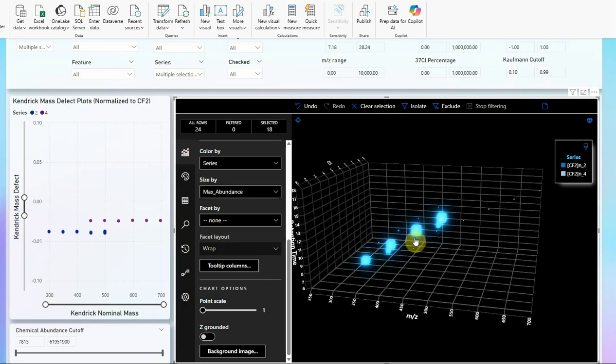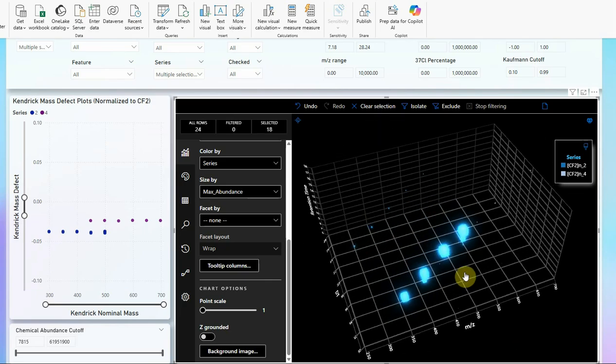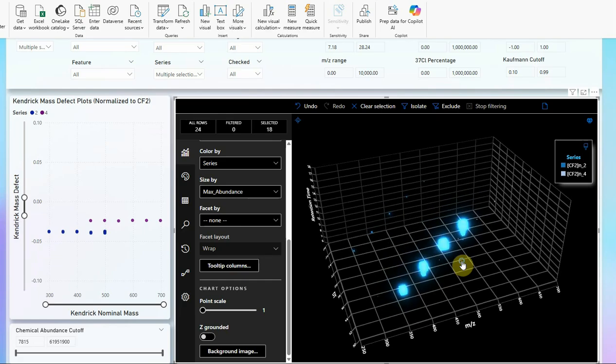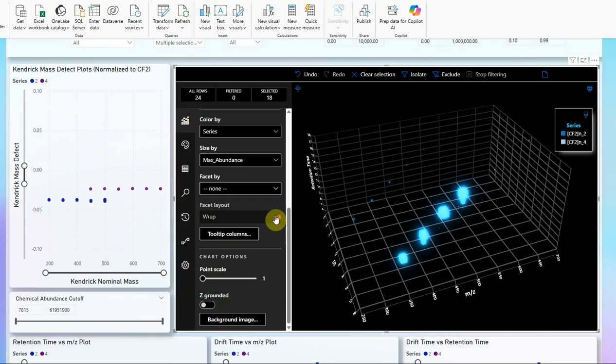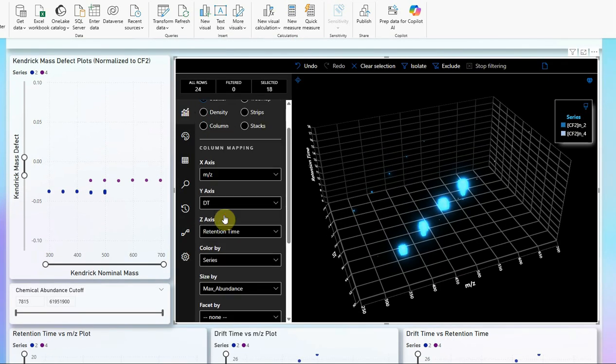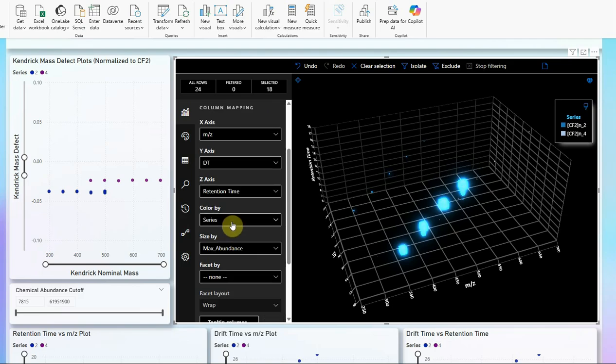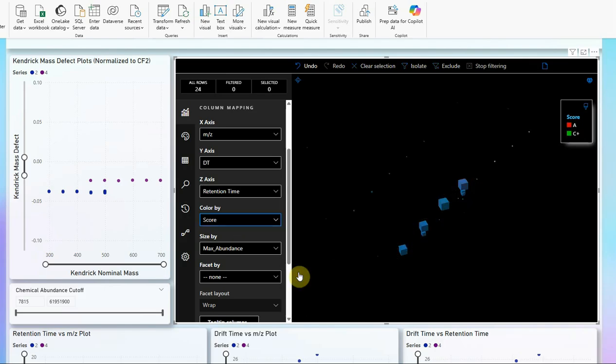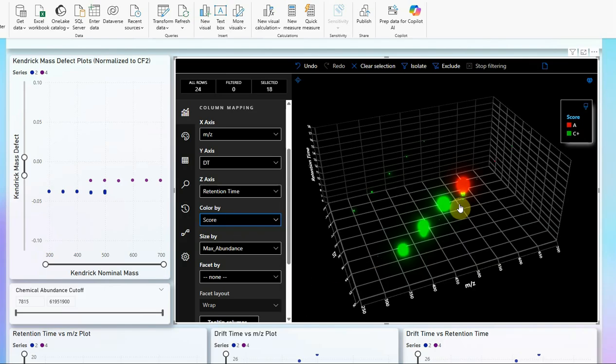Another thing you might want to notice in these series is that you can barely see the series 4. It's very small, so if you want to take off any of these variables or change them, you can. So you can change your axes. Here are the 3 axes to change, your color by. So we could color by, for example, score. Now we can see, okay, here's my high confidence score over here. If I scroll over it,